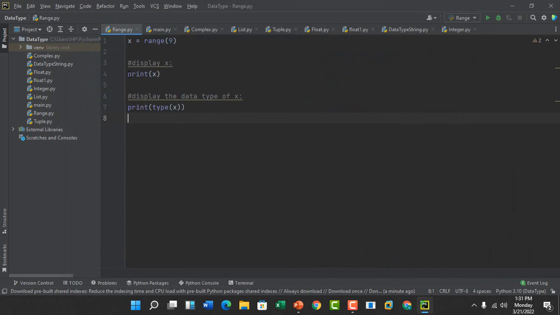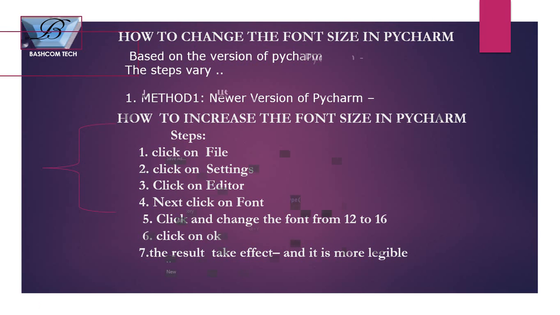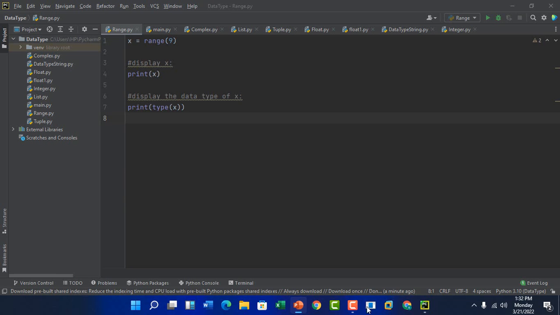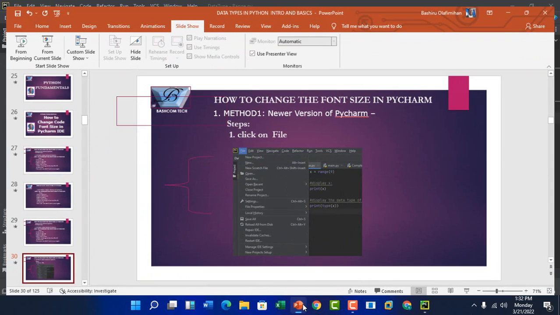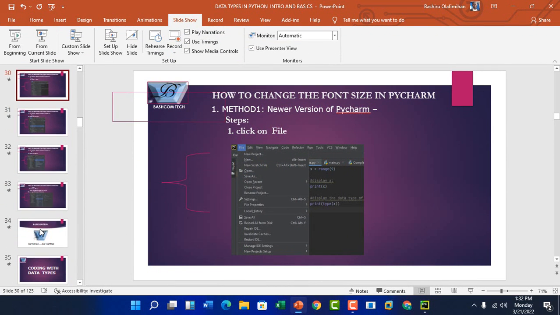So you can see that the font size is quite larger. So this is a very intensive topic, and what I did here is that I simulated the steps on how to change the font size